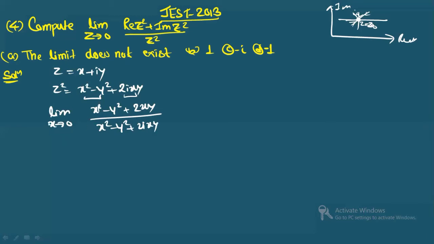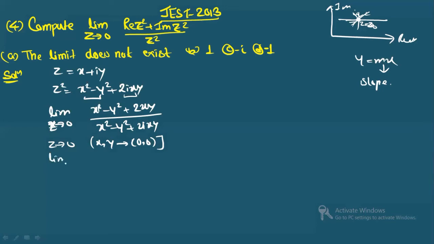Now you see here it is said z tends to 0. Z tends to 0 means x comma y tends to 0. This is what it means. Now you see the equation of path, it is given by y is equals to mx. Here m is the slope. Slope will be different for different path. So in this case, z tends to 0 is given, so x and y both tend to 0.